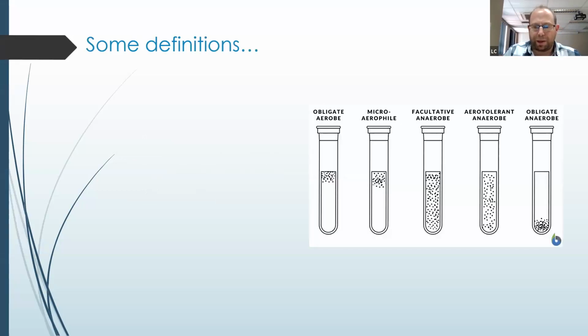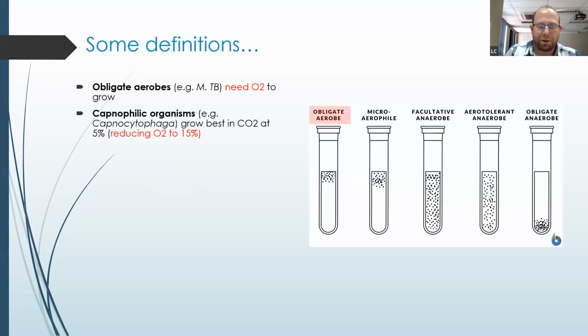So it's important that we discuss some basic definitions here so that we're all on the same page. So to start, I'm sure everyone's seen this diagram at some point in their careers. So obligate aerobes, we won't be discussing them. Things like TB as an example, they need oxygen to grow. Next in line would be capnophilic organisms. So Capnocytophaga as an example, they grow best in carbon dioxide at around 5%, which reduces the oxygen concentration to